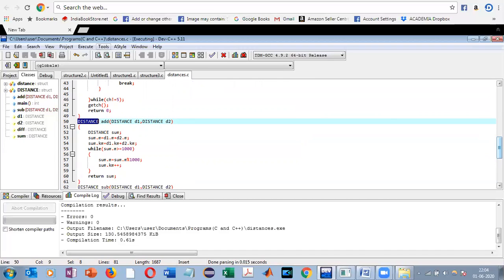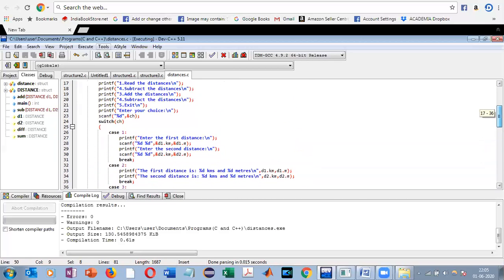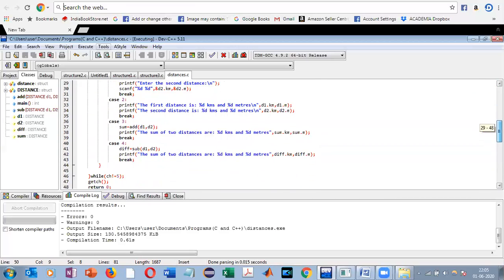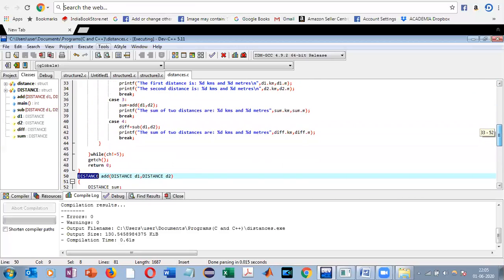Next, the structure variable which is used as a parameter in the function declaration must be the same as that of the actual argument in the called function. Definitely that is what we are doing.